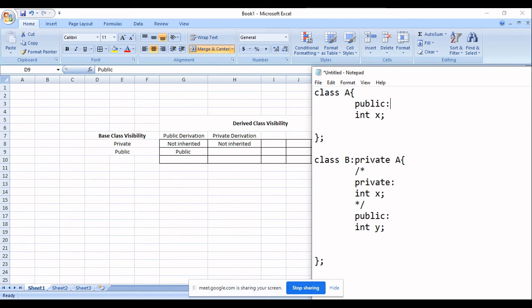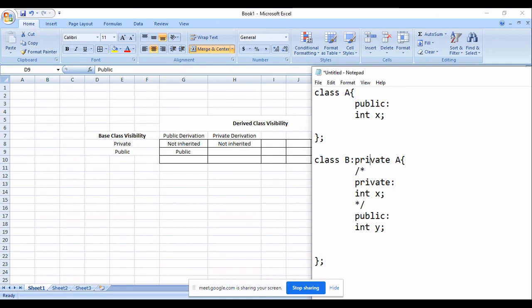So what happens? That expensive workstation is your private property. It is like saying, sure, when it was in the possession of my father, it was public. He lent it to everybody. But since it is in my possession, I inherited it privately. It is my private property. I am not going to lend that expensive item to anyone else. Okay, that is the meaning of inheriting using private keyword.